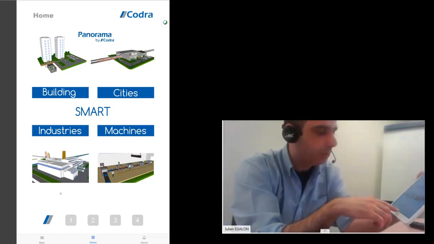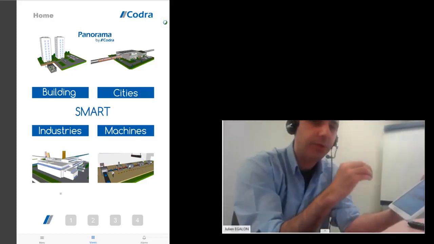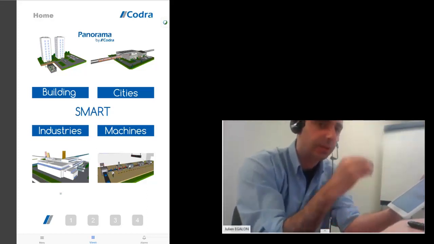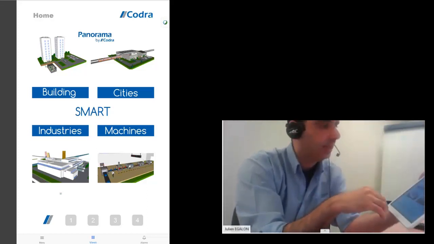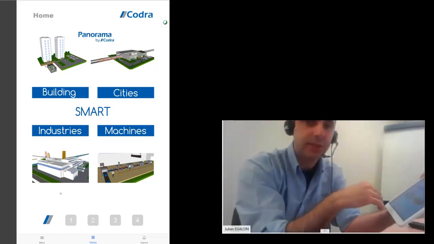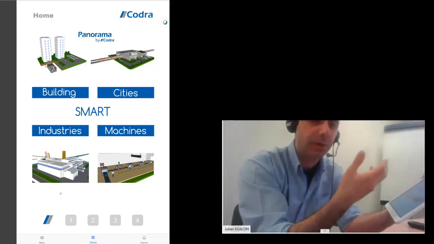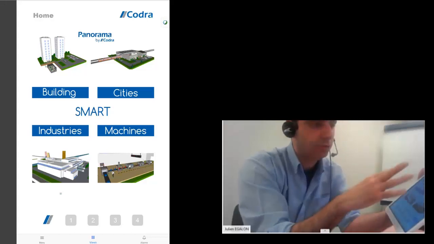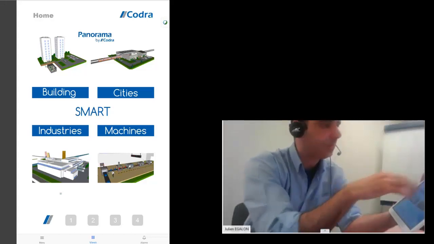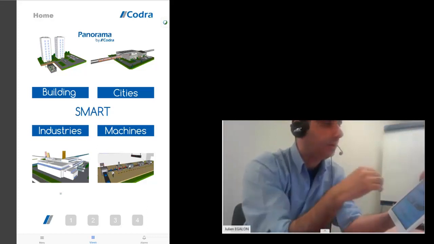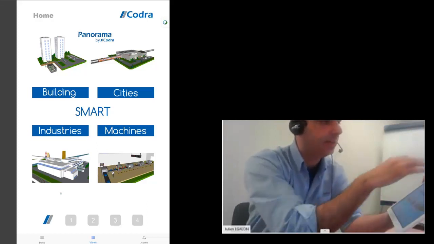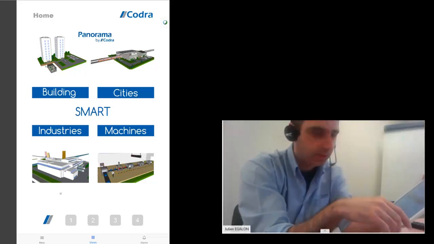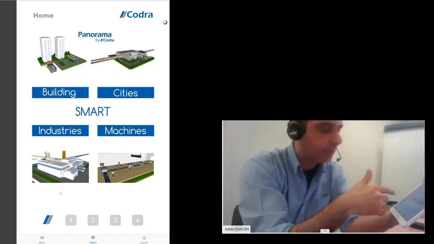This part on the bottom, view, menu, and alarm, is a part of the software application, the Panorama mobile app. And the rest of the screen is what I built in my Panorama application, the Panorama project. So I decided to show you a home page with a content, a bottom menu, and a top banner.